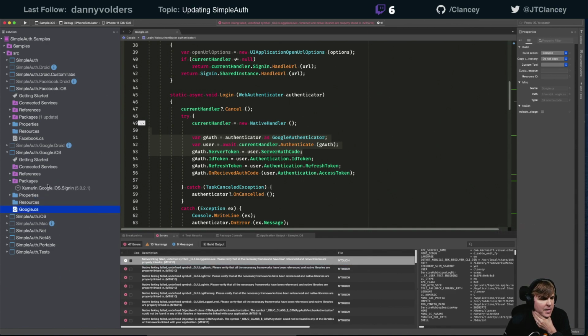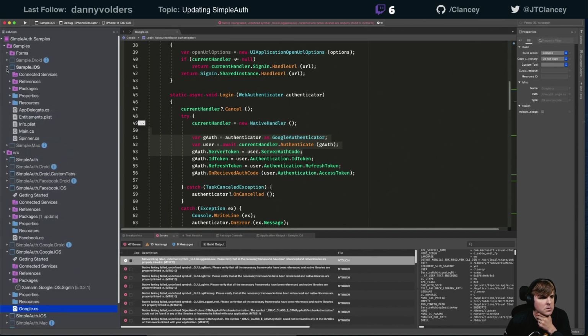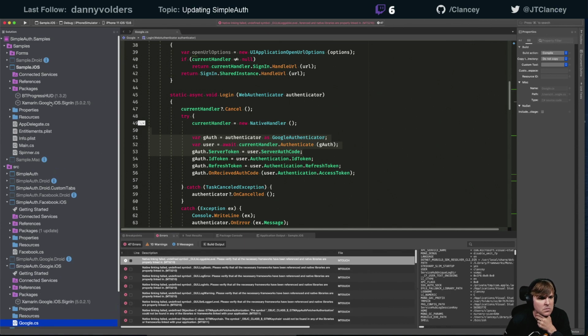All right, so this has a package of Google Sign in there. Let's make sure it has the same version on our sample. Same version. We might not be updating to the new version because